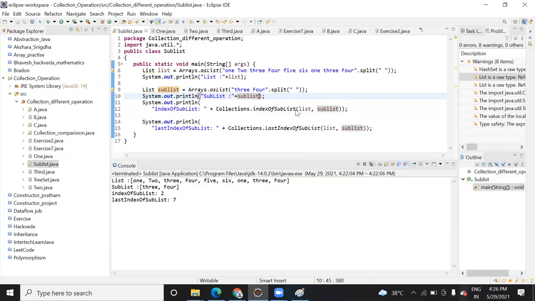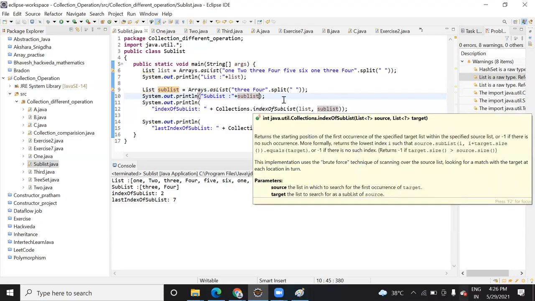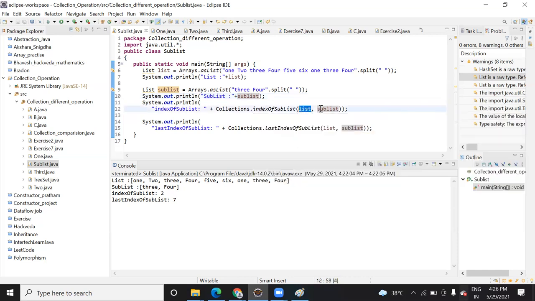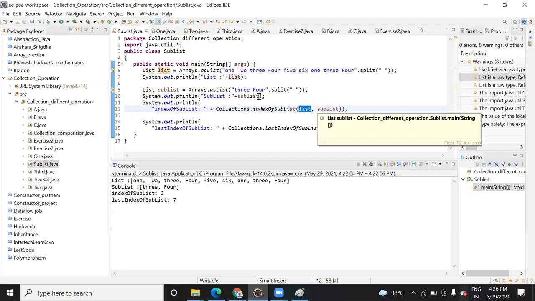Now here, in order to sort the elements, you need to use the list. You need to first pass the parameter that you want to check, and the sublist, the element that you want to search. When you use this, it will print the index of these two: the index of this one, and the index of the last one.